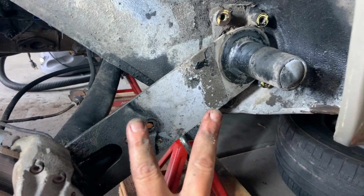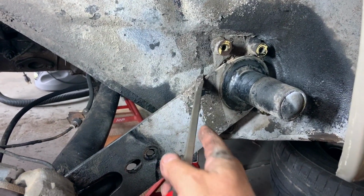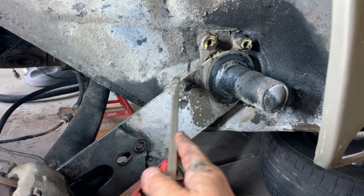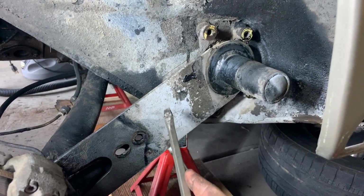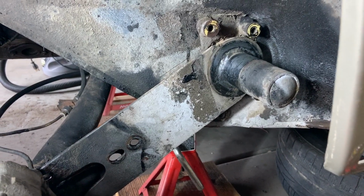So 2 ways to do it. You can get your screwdriver and come in here and scribe a mark so you can remember what angle this goes into, or you can run down to Harbor Freight or Amazon or wherever, and